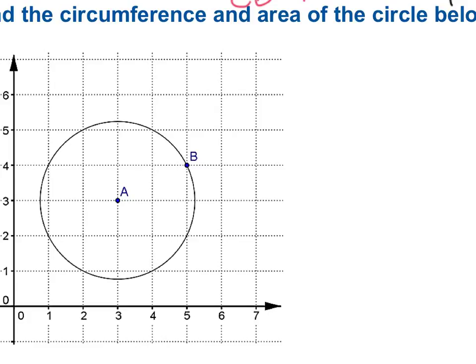So here I'm going to look at this as a right triangle, and I want to find that hypotenuse, which is going to be our radius. And over here, one side of the triangle is 1 unit, and the other side of the triangle is 2 units. So c squared